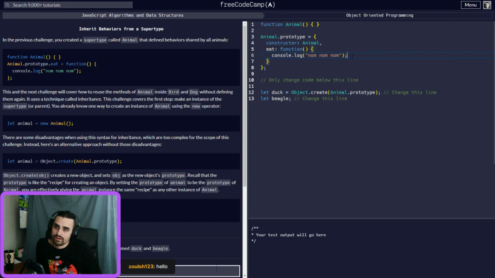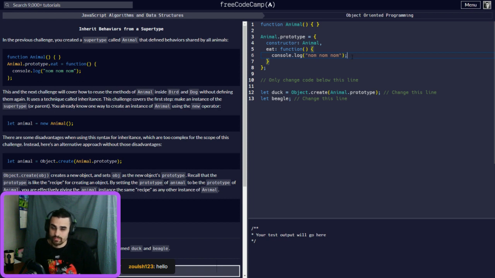how would I do this? So a cell phone and a computer would both share a processor property, but it wouldn't be the same.